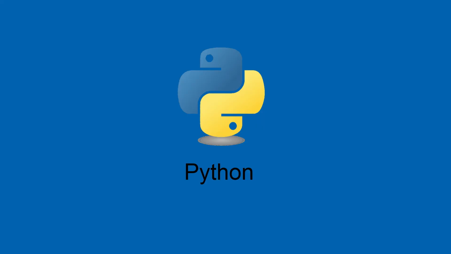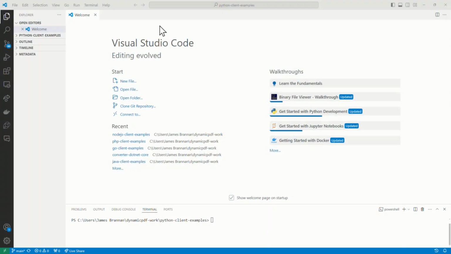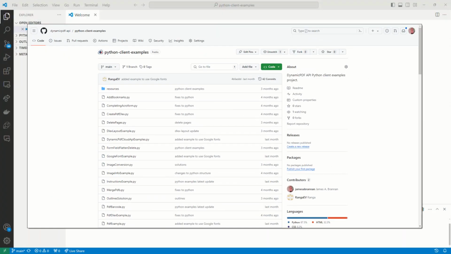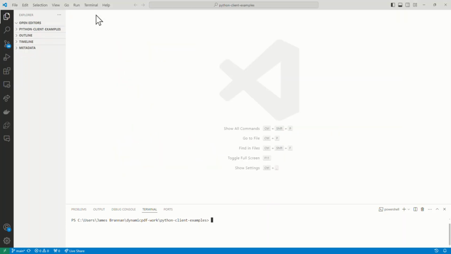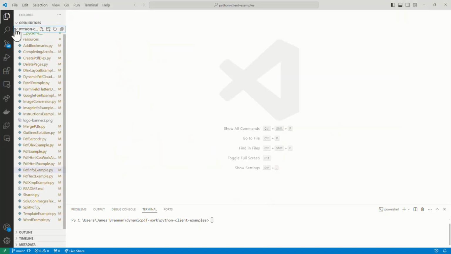Now let's use the Python client library to call the PDFinfo endpoint. I assume you've downloaded the Python client examples from GitHub. I also assume that you've installed the DynamicPDF API using pip, and that you have the project opened in Visual Studio Code. Open the PDFinfo example.py file,